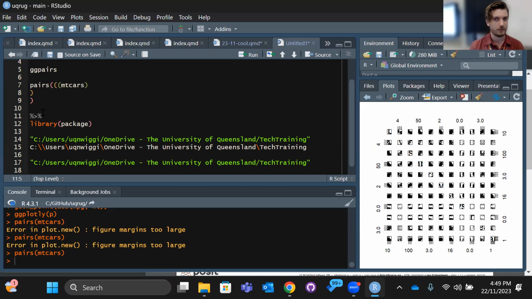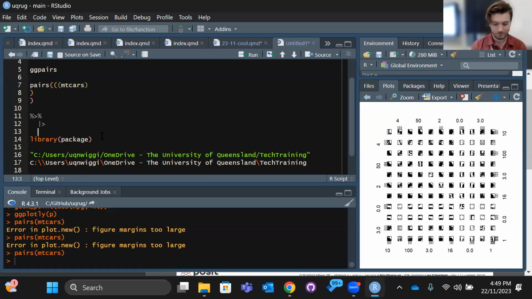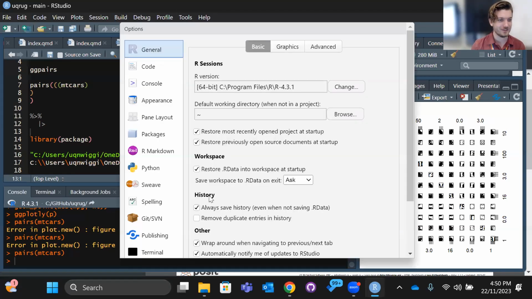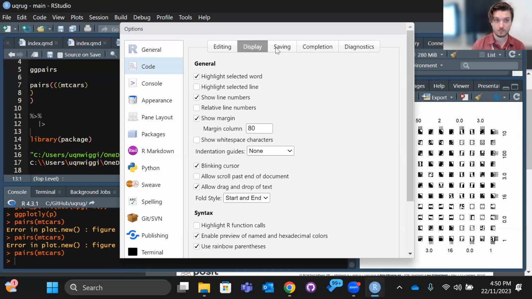Type Alt pipe, but if you have not done dplyr, you may not be familiar with the magrittr pipe. You may be familiar with that pipe, which is a different kind of pipe, but they both do the same thing. Yeah, mine is on. I still use the old one, but that's something that you can change in the options. So they do the same thing? Yeah, they do exactly the same thing. But there was an article that says the base one is faster.